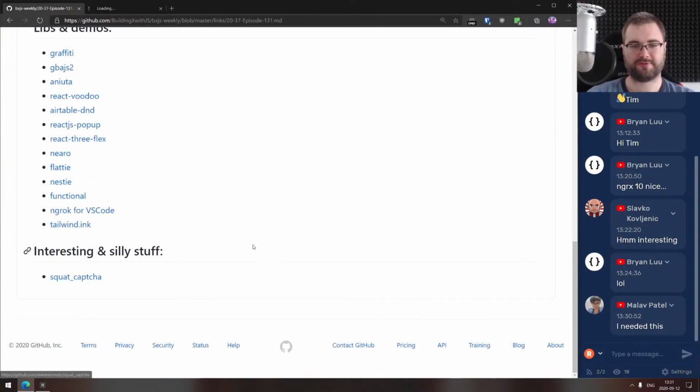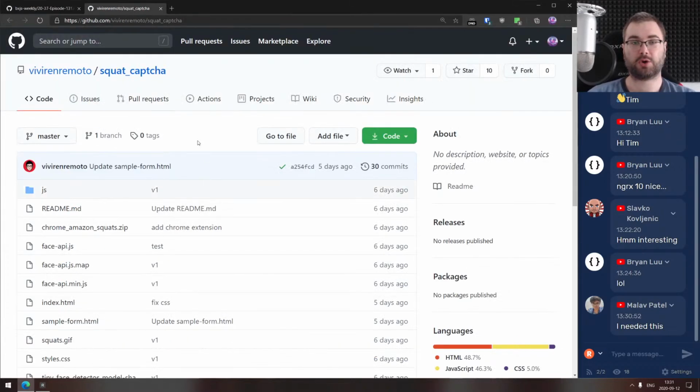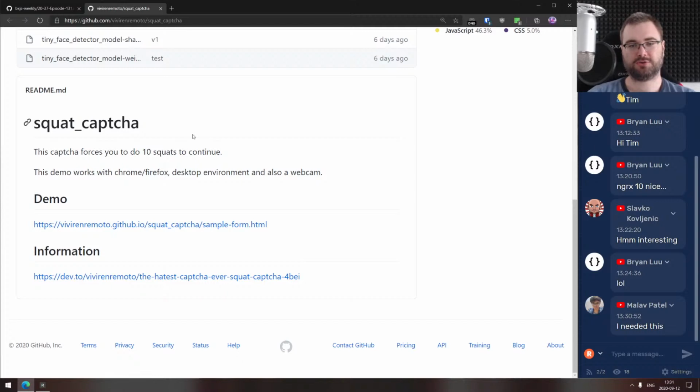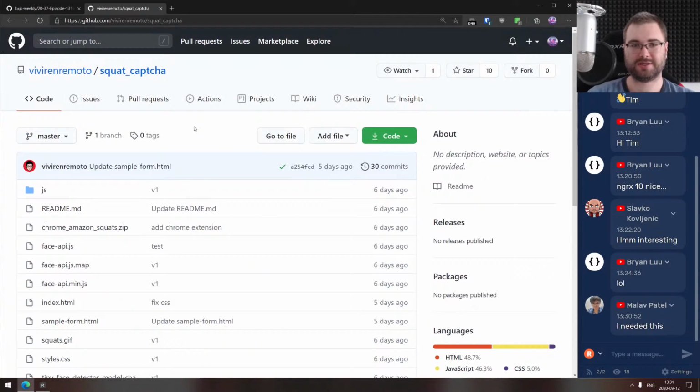Last thing we got here for today is in the Silly section, and it's called Squat Captcha, and it's a captcha that forces you to do 10 squats to continue. I mean, I don't know why this exists, but it's quite amusing, and my guess is that